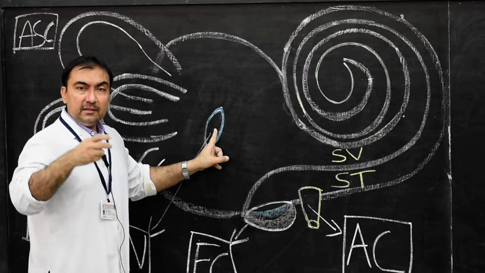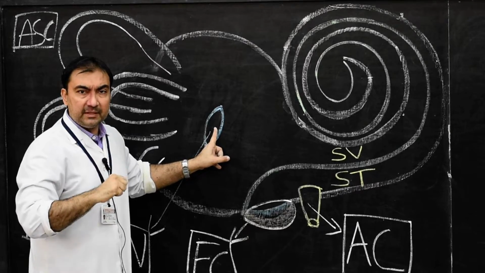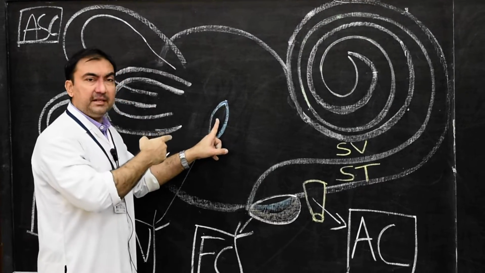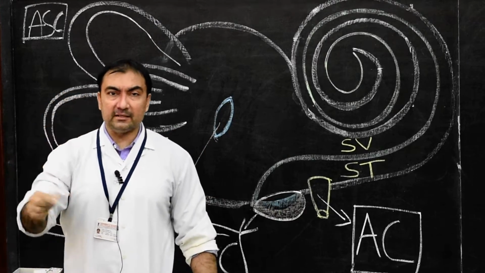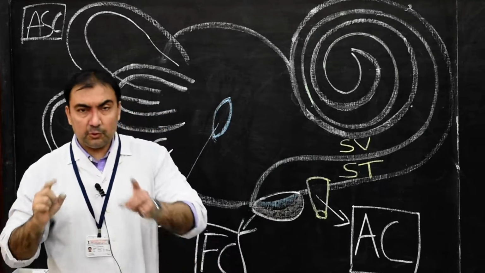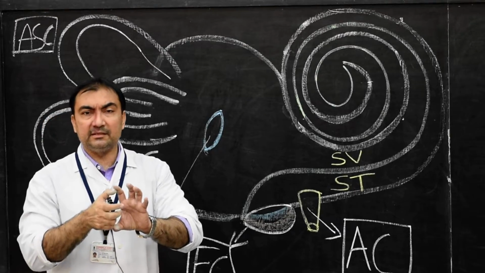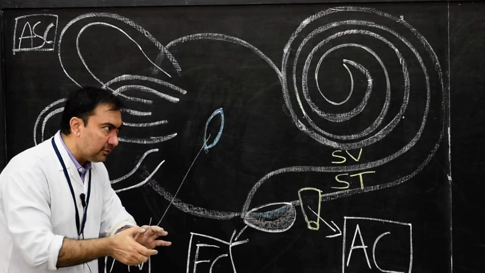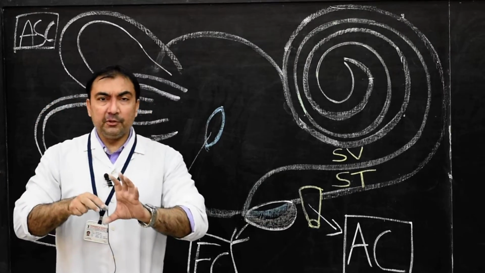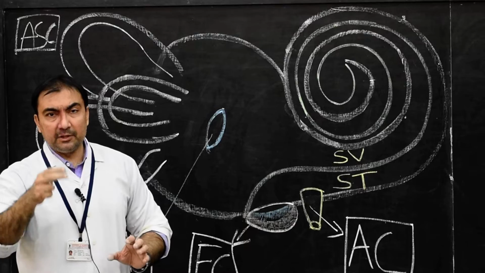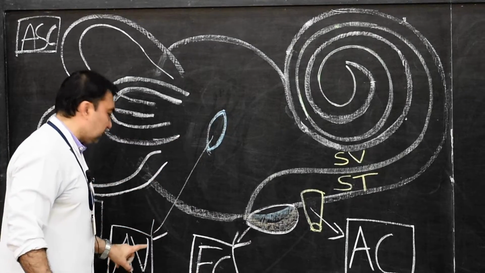What is it basically? A blind pouch of the membranous labyrinth will be present inside, containing the ductus and saccus endolymphaticus. Note it down. So through the aqueduct of vestibule there will be a blind pouch of the membranous labyrinth known as the ductus and saccus endolymphaticus, and that will communicate through the aqueduct of vestibule under the dura mater behind the posterior segment of the petrous portion of the temporal bone. So this is one segment which we have finished, the aqueduct of vestibule.